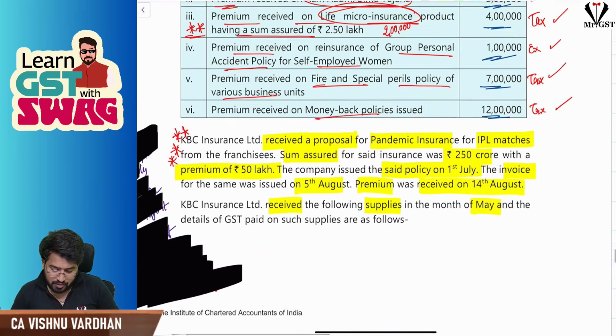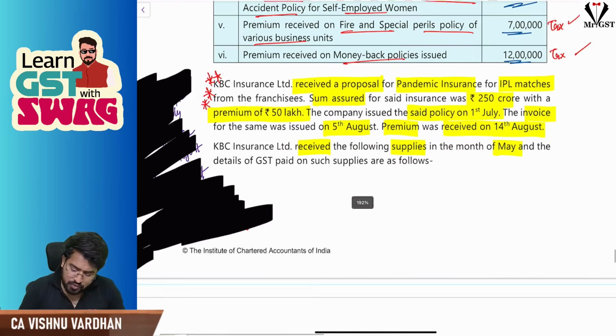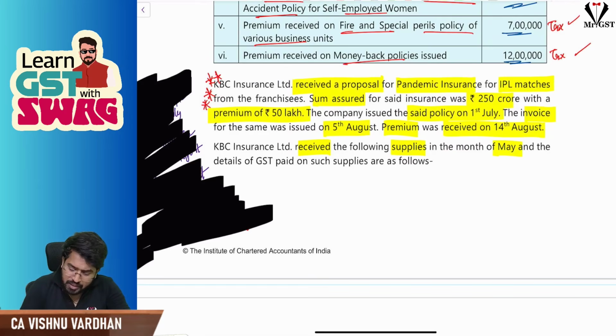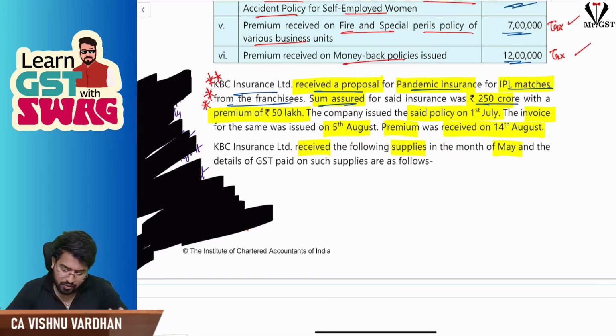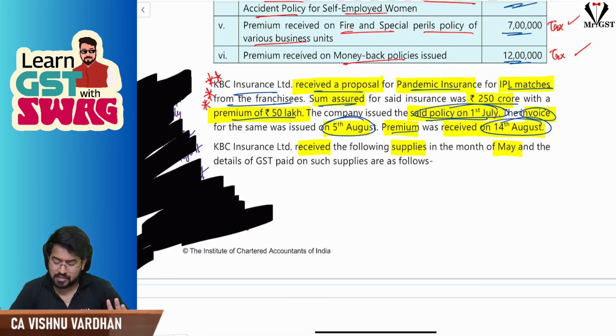Okay, next. Now, this is another super duper point actually. KBC Insurance Limited received a proposal for pandemic insurance for IPL matches from the franchisees. Sum assured is 250 crores, premium 50 lakhs. The policy is on 1st July and the invoice is on 5th August. Premium received on 14th August. Now, please understand here,